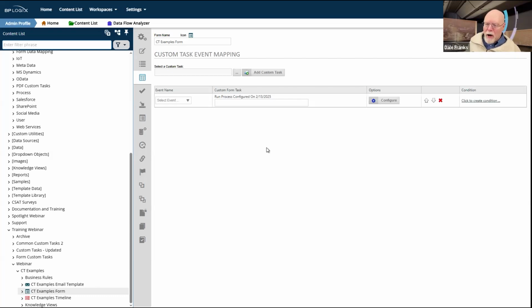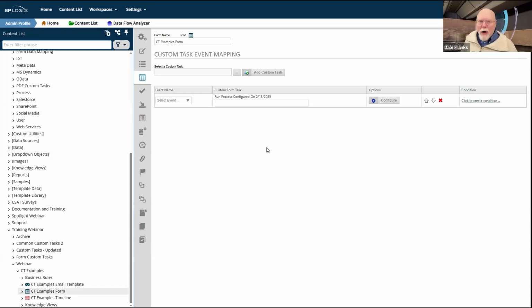You would do that simply by calling a run process custom task and having a little process timeline that has a single step. It does the convert to PDF, so that whenever I click off that convert to PDF, from a user point of view, nothing happens immediately. I don't get a spinny. I can continue to work on my form. I can continue to submit it. But in the fullness of time, that PDF conversion will complete. The PDF will be reattached to the form. And as soon as that conversion is complete, I can see it presumably in a show attached objects control on my form. And then I can download it and do whatever I need to do.